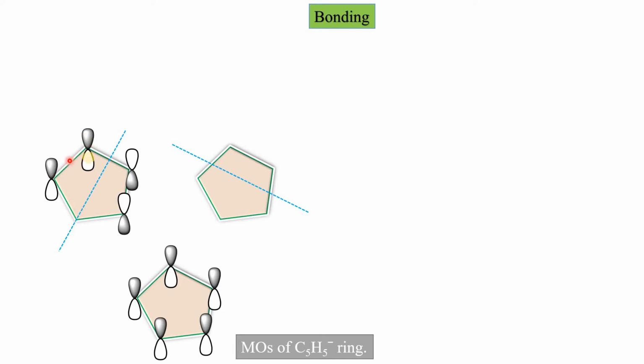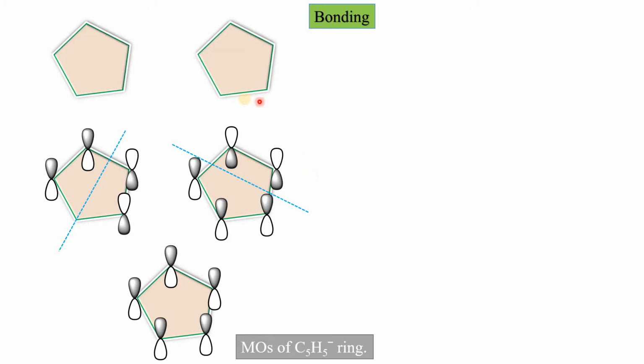So these 2 orbitals have lobes opposite to these two orbitals, because there is a nodal plane in between. These two have the same sign because there is no nodal plane. These two have the same because there is no nodal plane. Nodal plane is here, so these orbitals have a lobe opposite to these two. Here we can draw like this: these two orbitals, either the shaded area above or below, doesn't matter, and these two orbitals have the shaded area opposite to these. So this is the second level. These two orbitals are the degenerate orbitals having one nodal plane each.